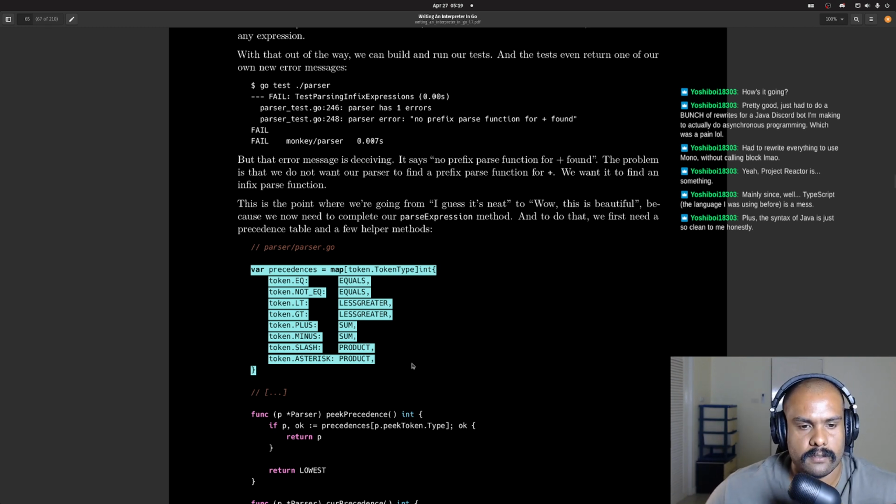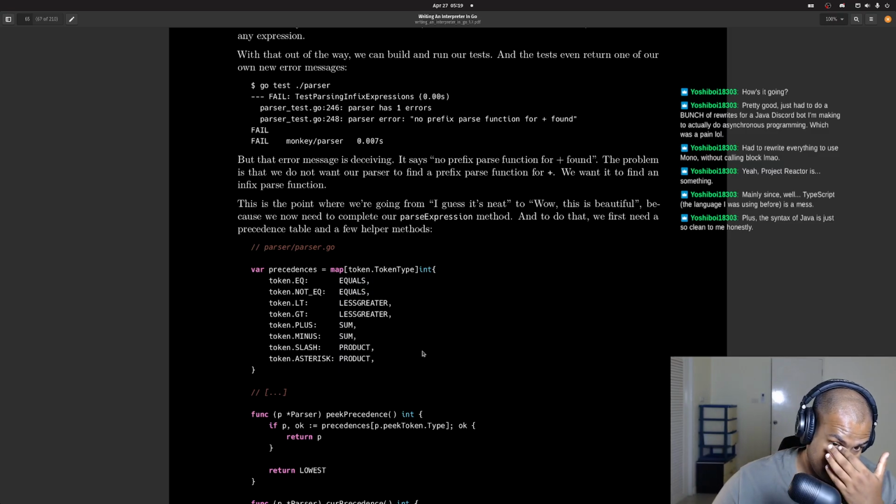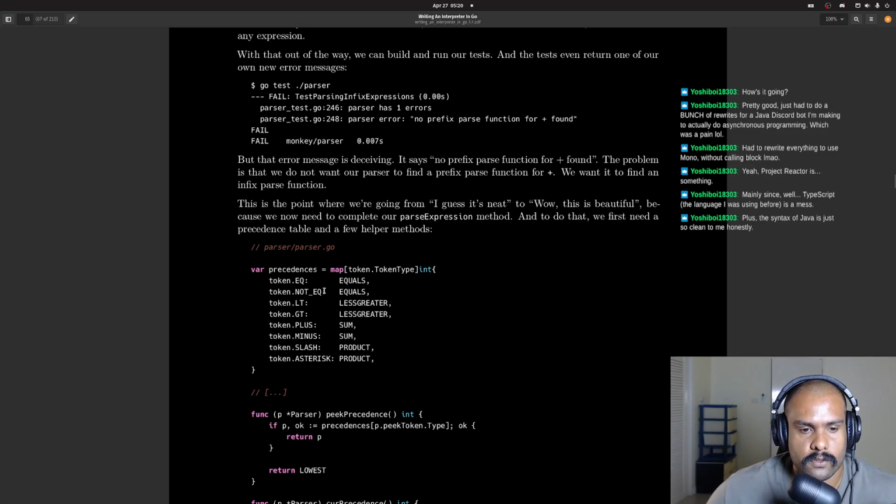Don't think I want to use a map here. I think this could have just been an enum. Yeah, I think I'm just gonna use an enum. Oh, but hang on. It needs to be sort of